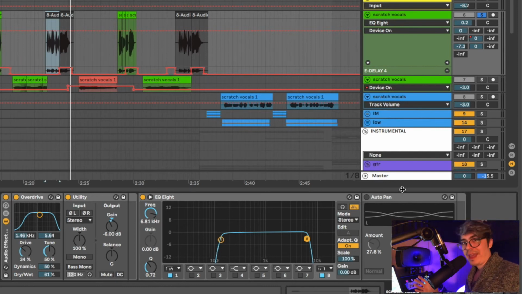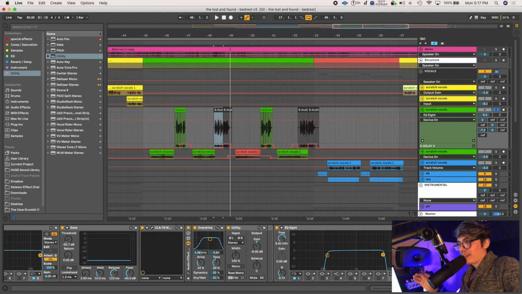Last, I have an auto pan, which I tend to use for ad-libs just to give it some movement left and right. I'll tend to automate the pan left and right on the ad-libs, or I'll just duplicate the ad-lib track and have a left track and a right track, maybe group those and put these effects on it. That way, I can still have it stereo and choose what I want to come at the left or the right. Auto pan is a quick, easy way to kind of move stuff around. In this case, I'm not using that. But it's good to have in the signal chain. I use it a lot.